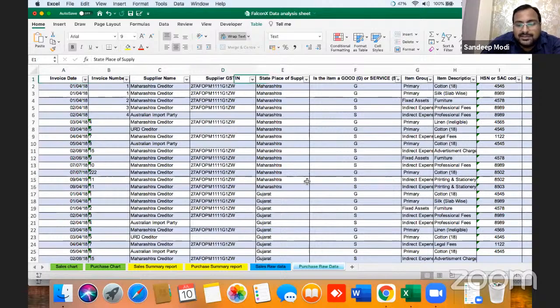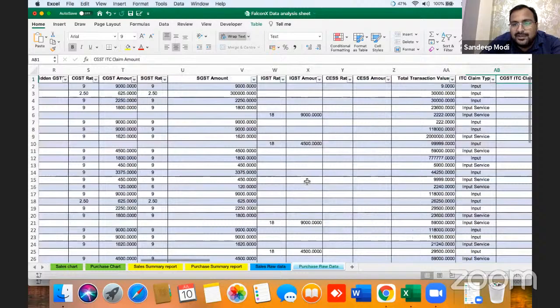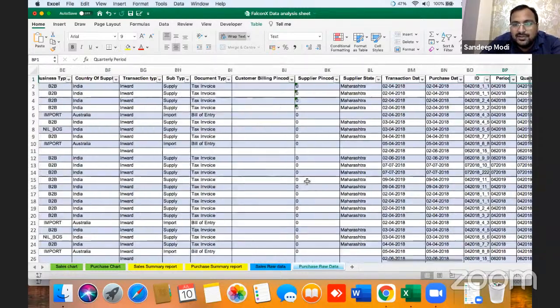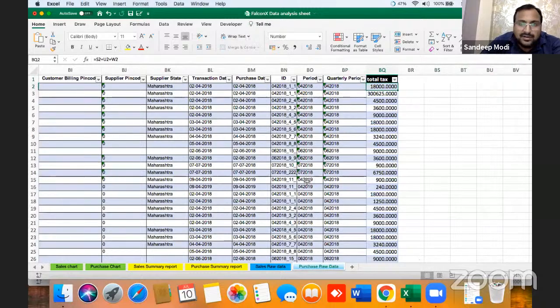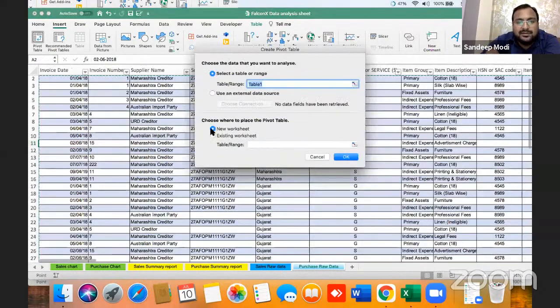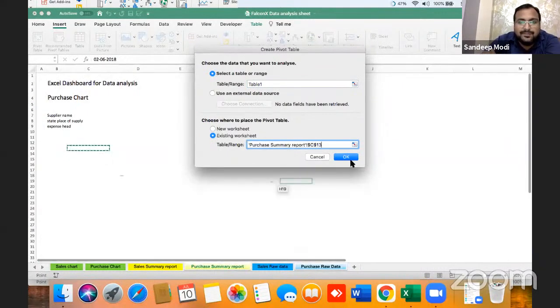This is the purchase data. Similarly, I have inserted everything here. Here also the total tax column was not there, so I have inserted one total tax column, and now I will create a pivot table out of this. Insert pivot table, existing sheet, because my sheet is already there.